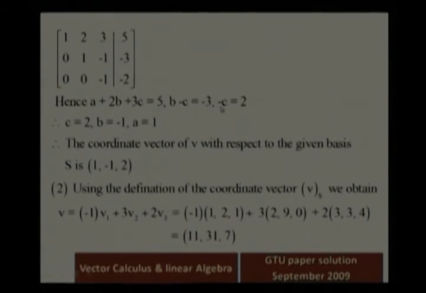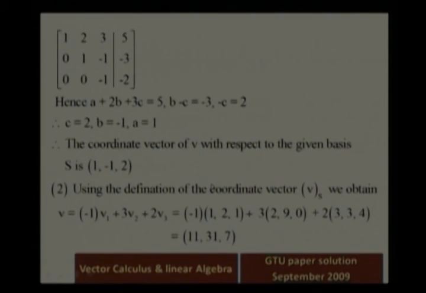Okay, so c = 2, b = -1, and a = 1. Solving these three equations, c = 2 because -c = -2. Put c = 2 in this equation, we get b = -3 + 2, that is b = -1, and a + 2b + 3c = 5. So put the values of b and c in this equation, we get a = 1, right? So the coordinate vector of v with respect to the given basis S is (1, -1, 2). Okay,